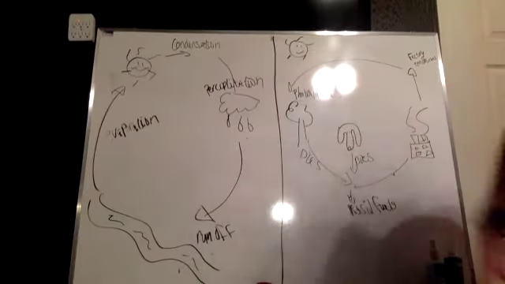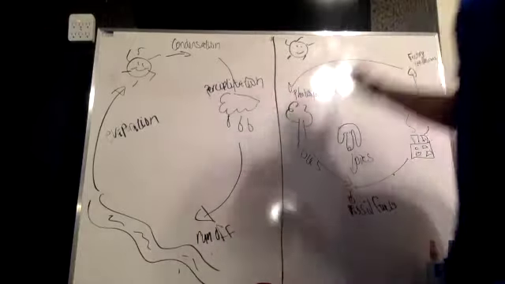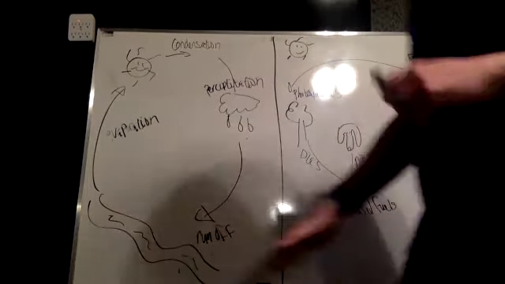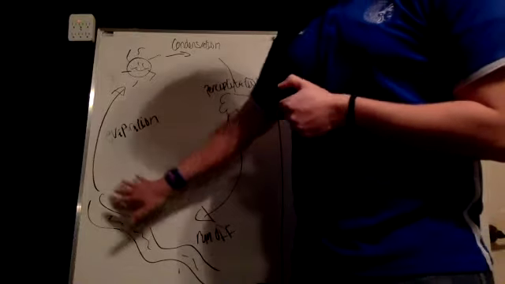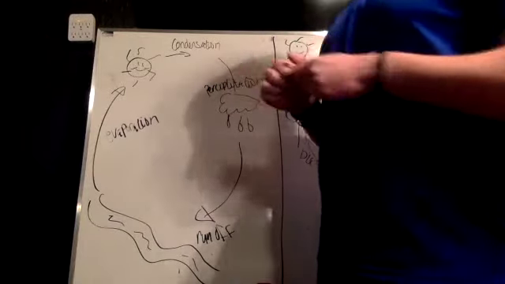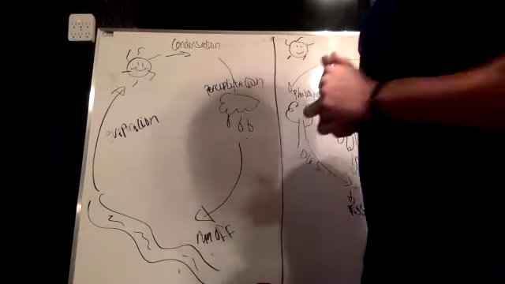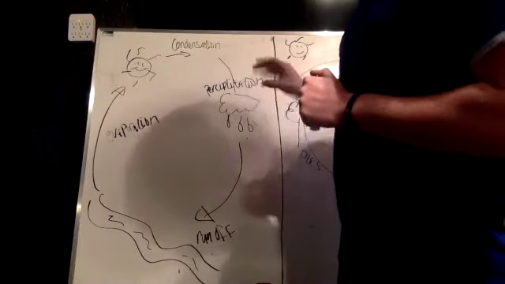As best you can here. All right, so on the left side, we have the water cycle, which starts off with a body of water. Now, obviously, this is in its liquid phase, but as it heats up, it will turn into a gas and it will evaporate, going into our atmosphere, where it will condense and turn into a cloud,